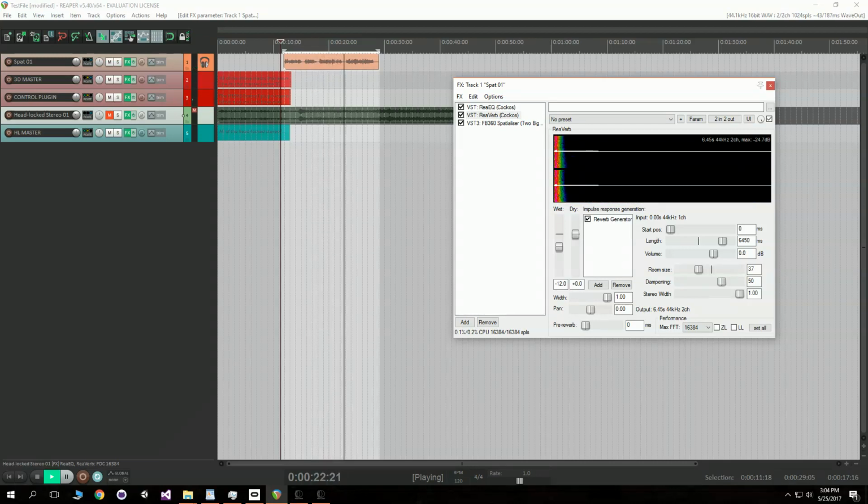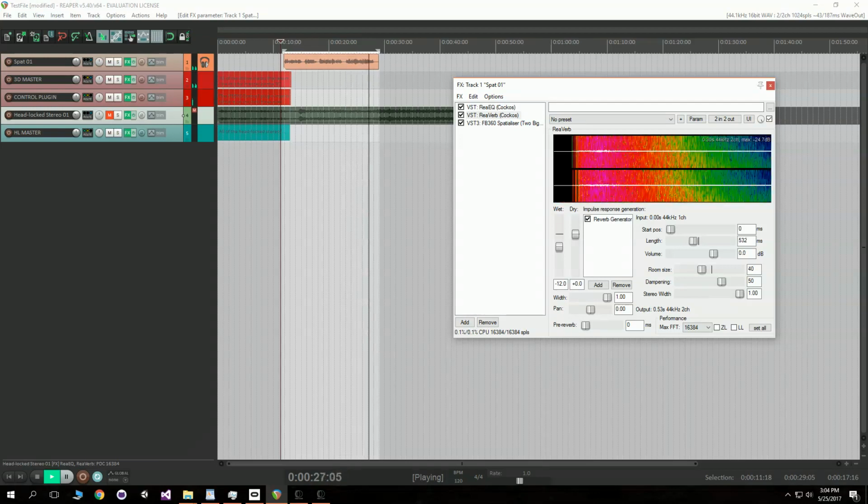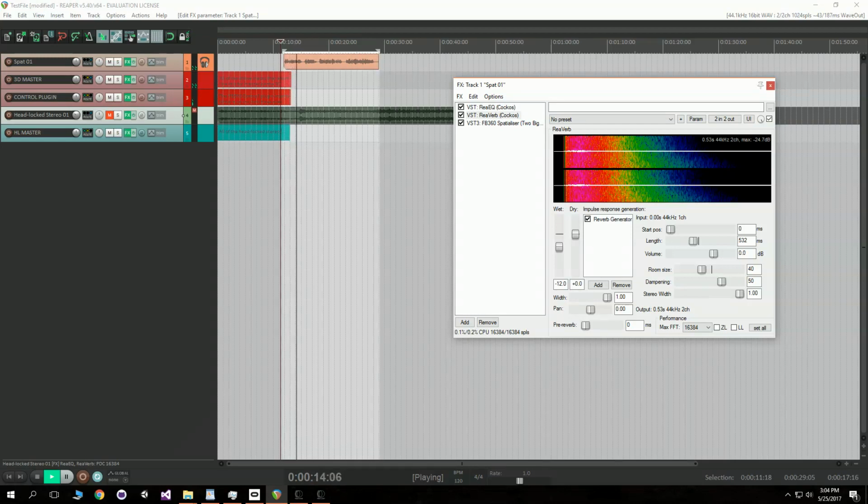And a length can now afford to be much shorter because it fades out entirely after a very short time. Dampening will help make the effect a little bit more realistic